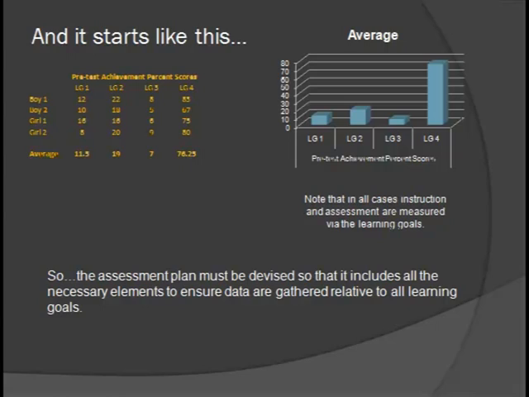The information that this pretest has given us is great, because what we now have is a sense for which content the students actually already have. If we look at the learning goal graph on the right-hand side, we see that learning goals 1, 2, and 3 all show pretty low averages, pretty low achievement. Learning goal 4, however, shows tremendous achievement. These students have already, on average, attained a